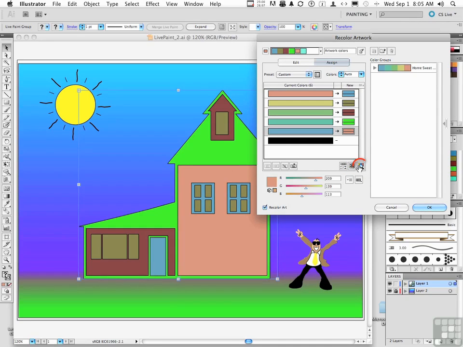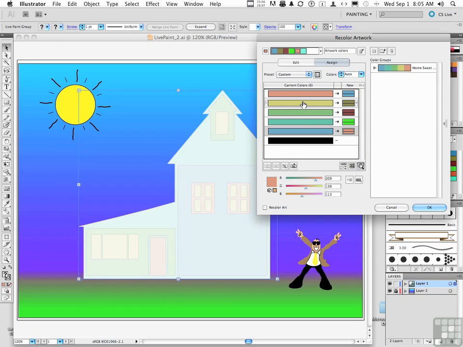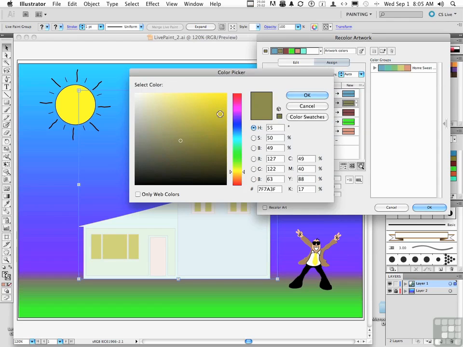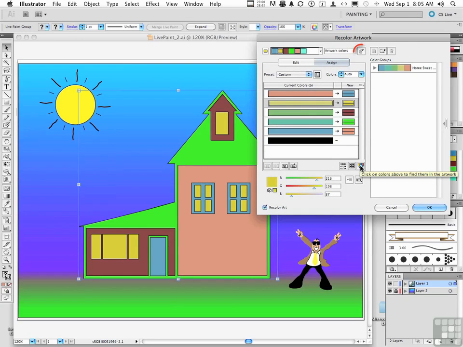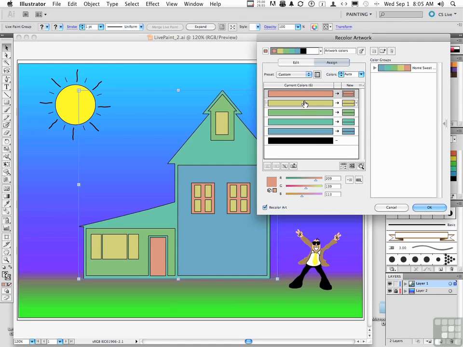And of course, this one right here allows me to look at and select a specific color and then come over here by double clicking and then maybe change that color and see what it does to the image itself. You ever want to go back to your originals, just click this button right here. So we're kind of back to where we were. You can select a color from this set up here and change it down here